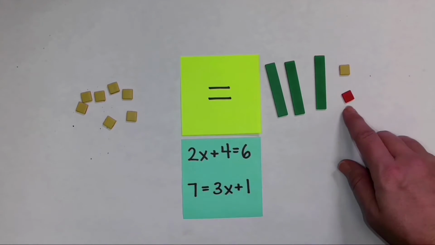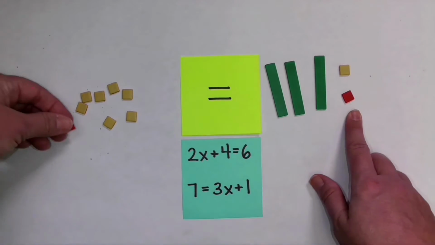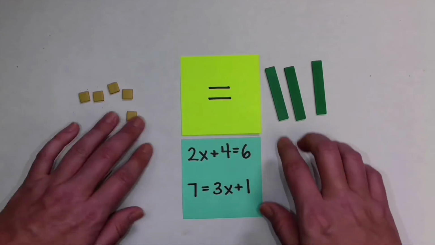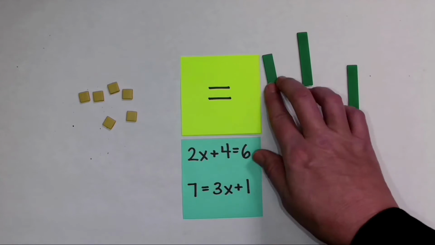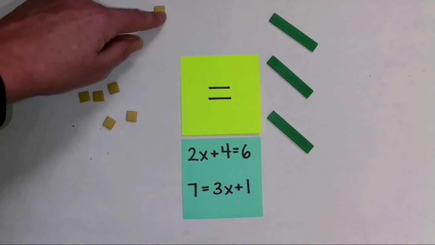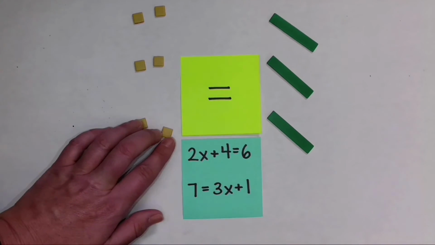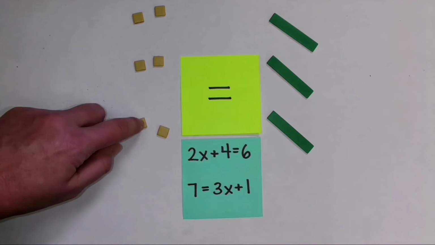So here I'm going to bring in a -1 to create a 0 pair, but if I do that to one side of the equal sign, we also do that to the other side. So now I'm going to create my 0 pairs and remove them from my workspace. So here I now have 6 equals 3x. Now I want to figure out the value of each of these x's. I'm just going to kind of separate them into 3 groups, and then I separate my constants into 3 groups. So here I can see that the value of each x is 2,